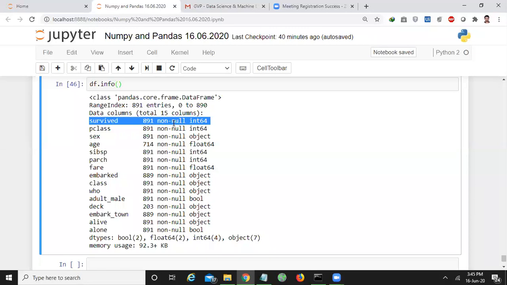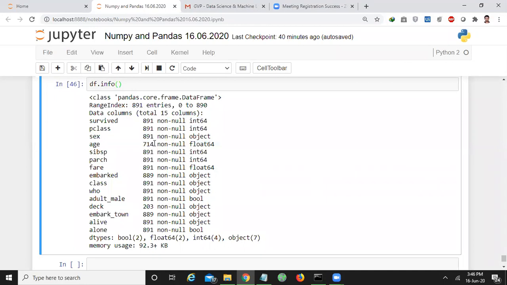Am I right? If you take the survived data, all 891 passengers' data is there. Similarly, for pclass we have all 891 passengers' data. For age, we have information for only 714 passengers.